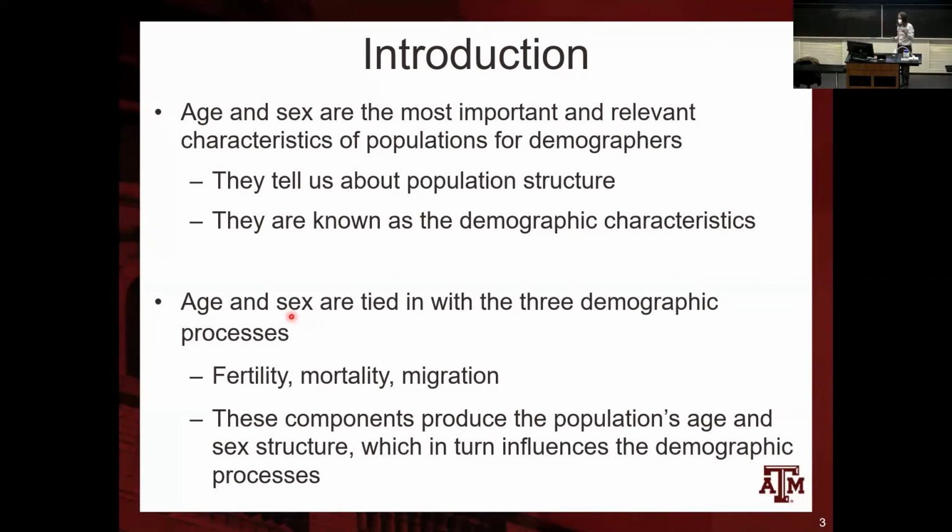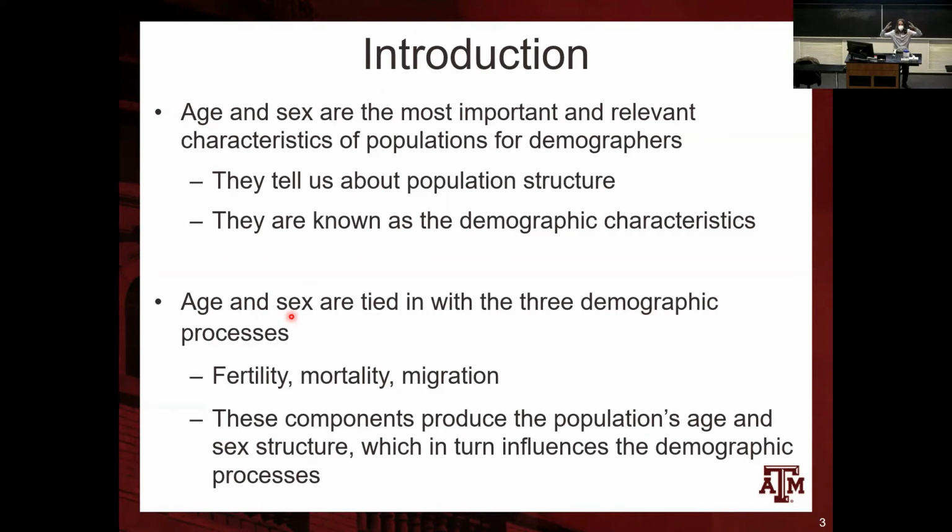These components produce the population's age and sex structure, which in turn influences the demographic processes. There is reverse causality, right? Fertility declines, fewer children in the base of the pyramid. People living longer, more people at the top. You have a lot of immigration, you might see this. You have a lot of emigration, you might see the opposite. And